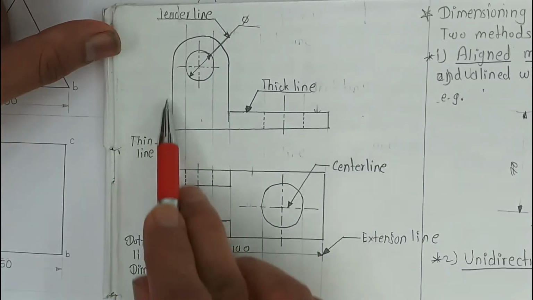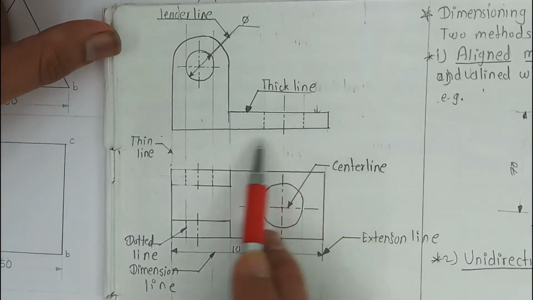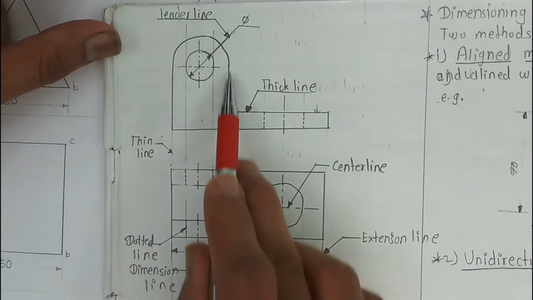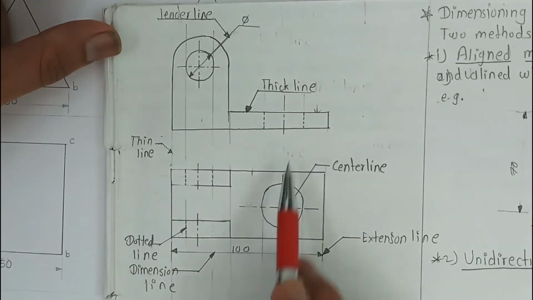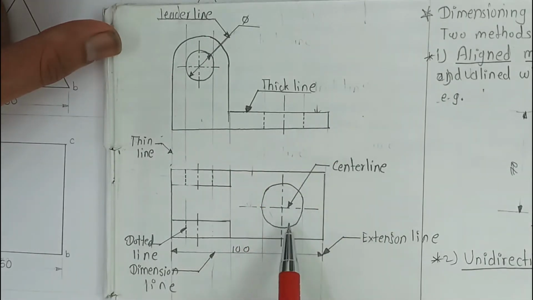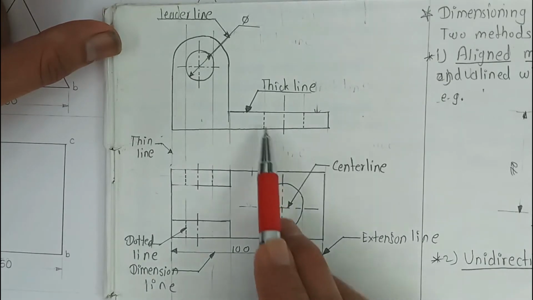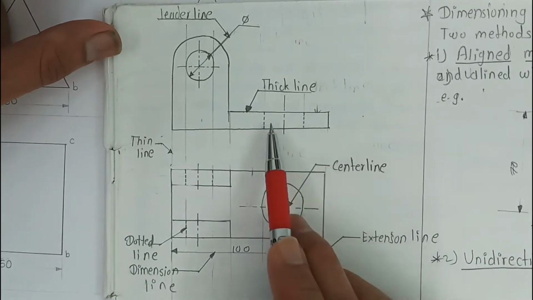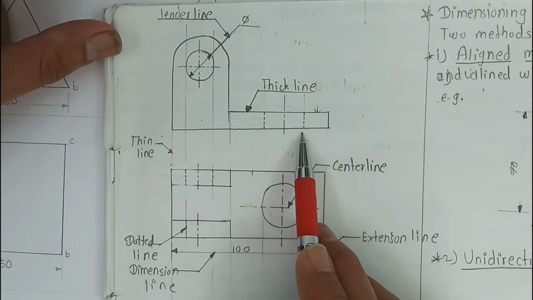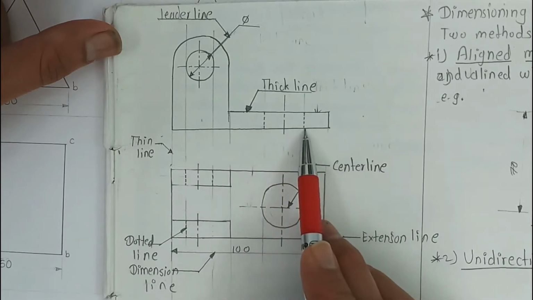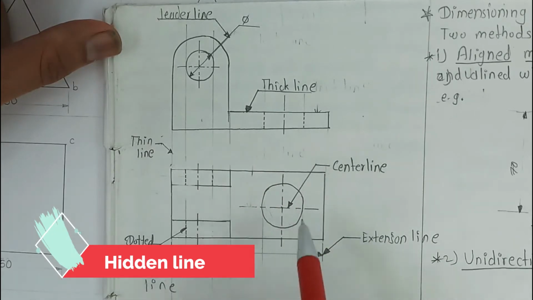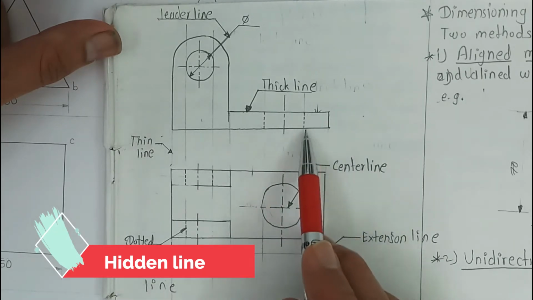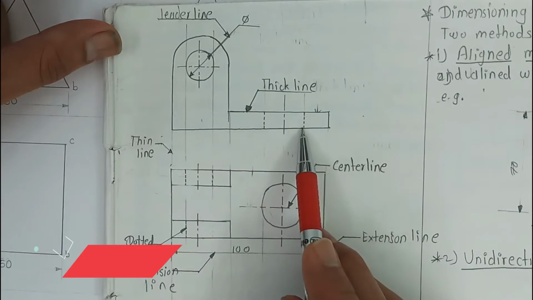As we see here, the object is something like this. It has got a projected part or the semicircular part. Then there is a base part which is a base plate, and it has got one hole here. So this is top view in which the hole is seen circular. In front view, the hole is not seen, that's why it is shown by dotted line. So probably you might have understood the meaning of invisible lines or invisible edges. As this hole has these two edges at these locations, these two edges will not be visible and hence they are shown by dotted line.